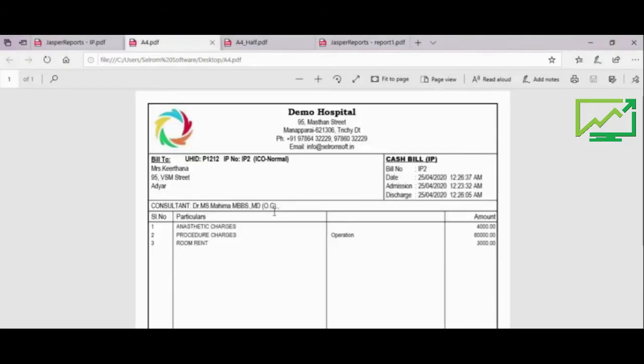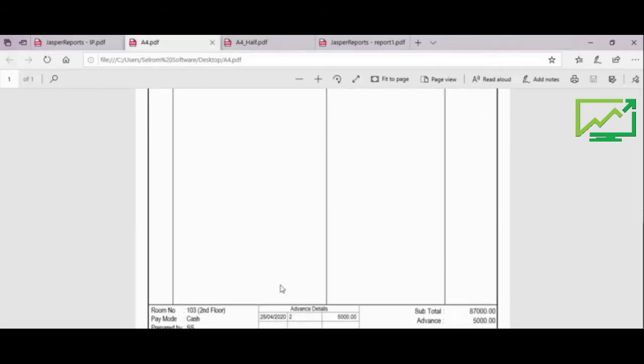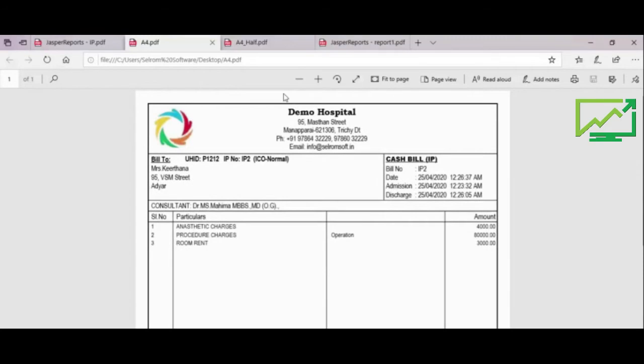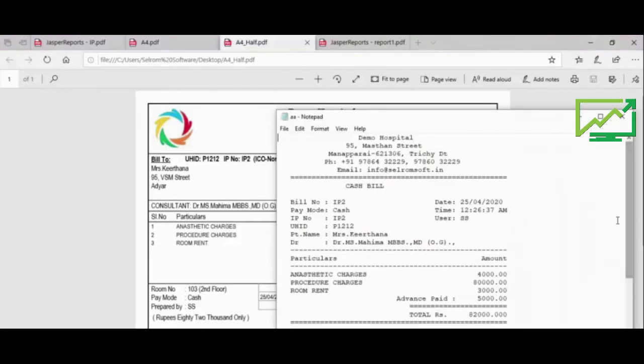These are IP bill formats. This one A4 and A4 off. This one dot matrix printer. So we have given all the formats.